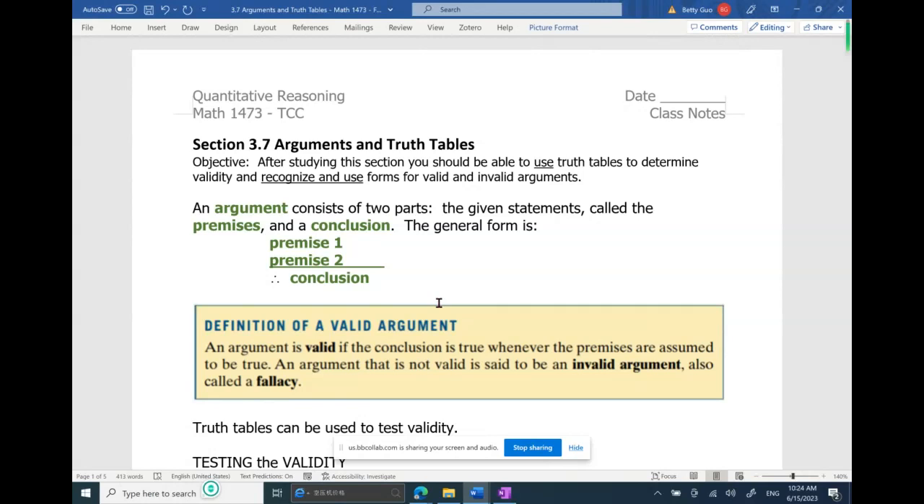An argument consists of a bunch of statements, and the structure of the statements has two parts. The first part is called the premises. An argument could have only one premise or more than one premises. And the second part of an argument is a conclusion. So the standard form of an argument in logic is given like this: premise 1, the second line premise 2,